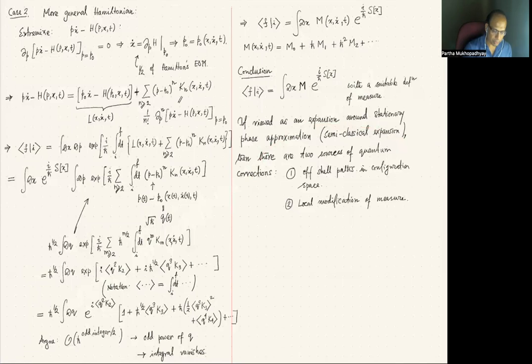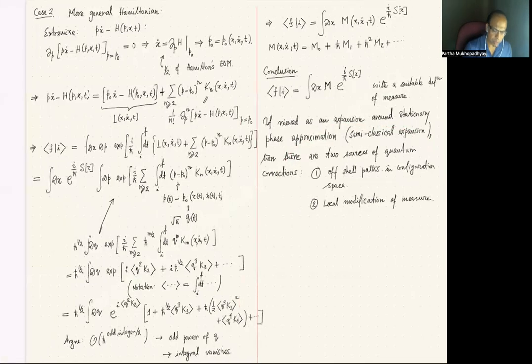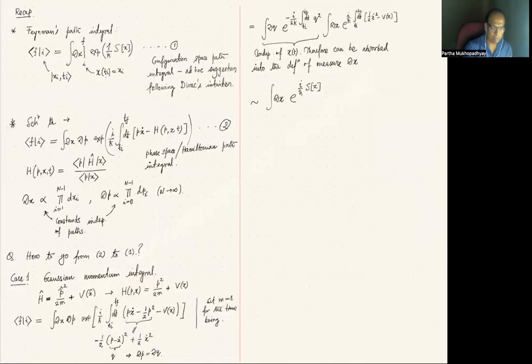let me first remind you about the context where the discussion is coming from. It's in lecture 2, part 2. So what we were doing is that first we got the path integral statement due to Feynman, which is that the relevant matrix element is given by the path integral of the Dirac phase here. And then we were asking the question of how to show the equivalence of that result with the usual Hamiltonian